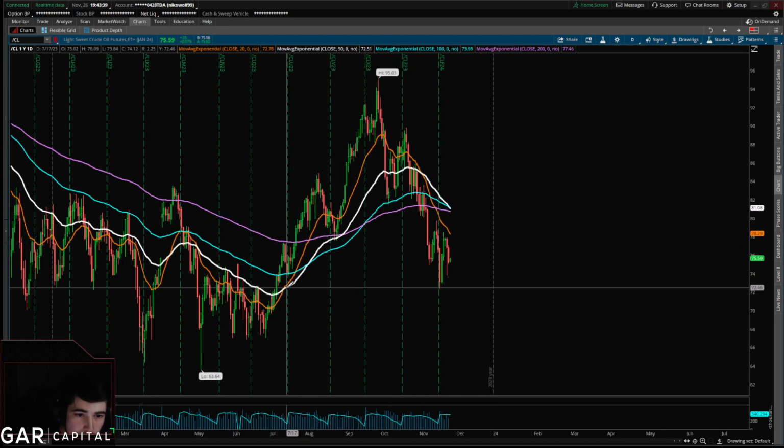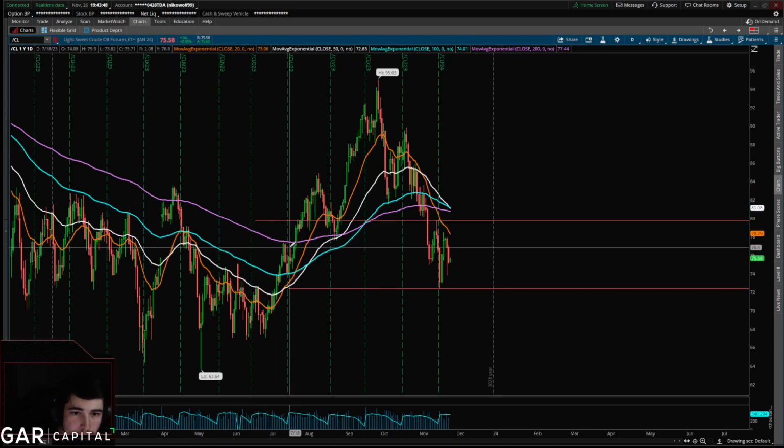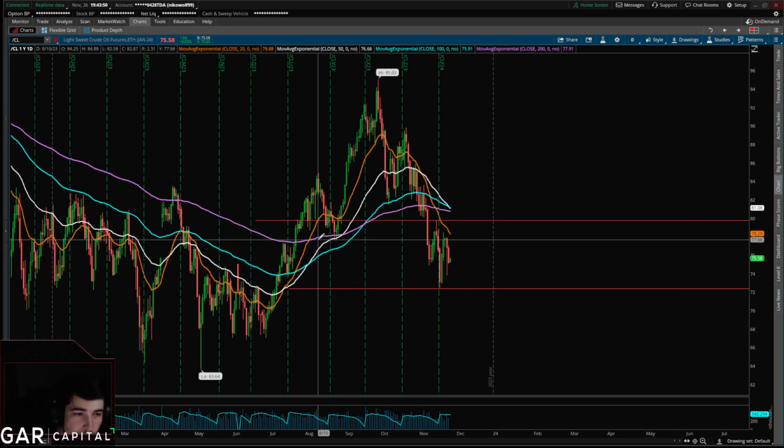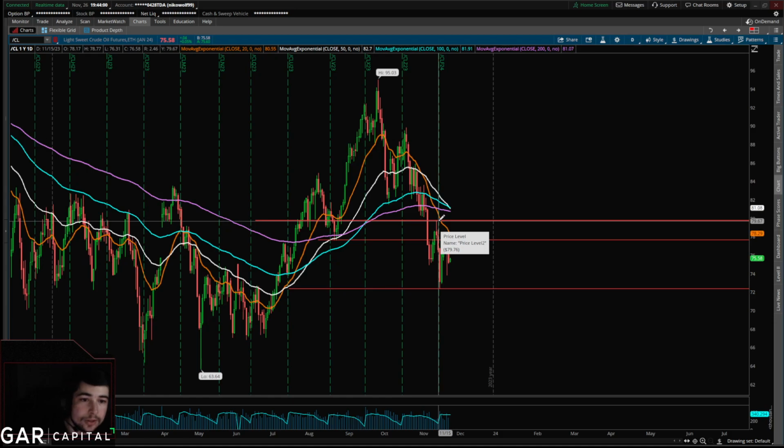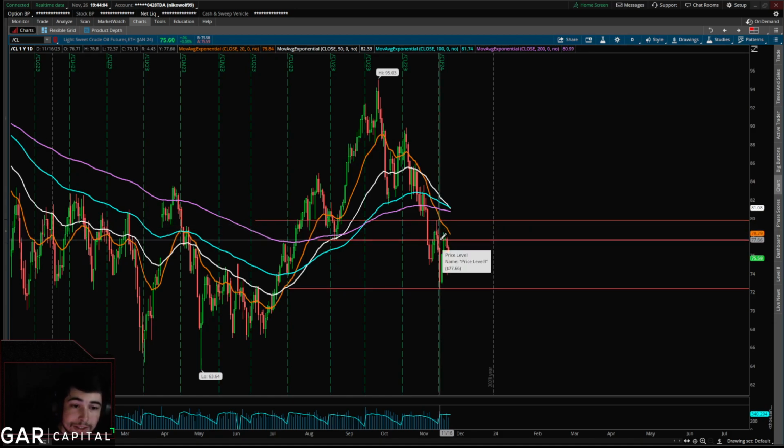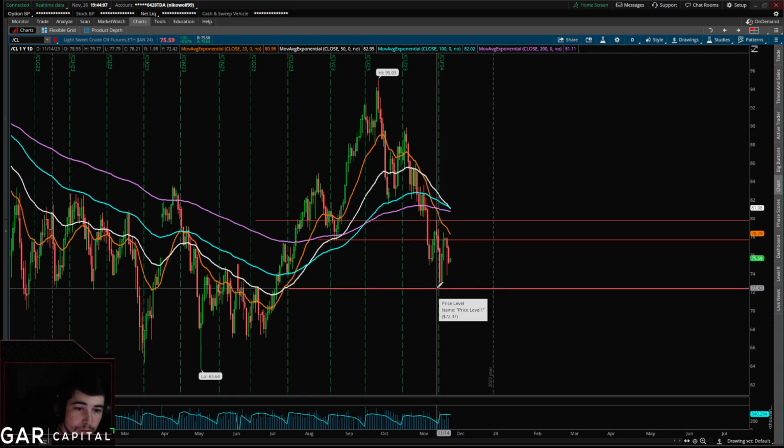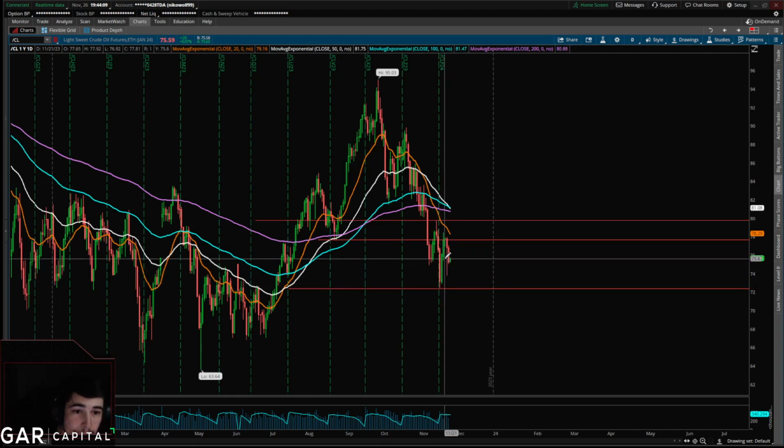Right away, I do want to point out the floor here. I have this wick on my mind, so I'm going to trace it through right here. This level is 77.66. It's interesting. I'm going to keep it up because last time we got above it, we made it all the way up to 79.76 before rejecting back down below 77.66 and coming down to 72.37. And again, we ended up coming up to 77.66.